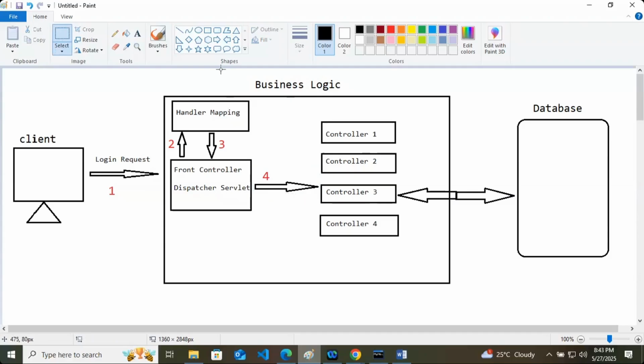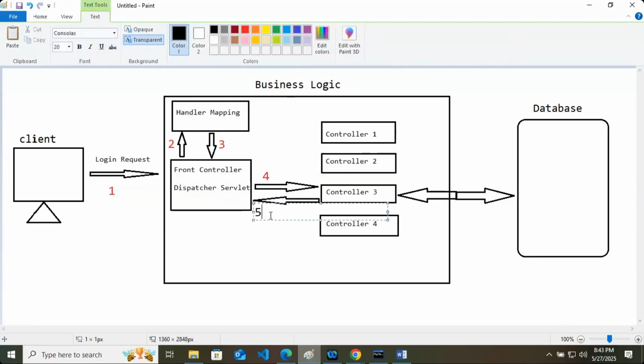And then this controller 3 will return the result to the front controller, and it will return two things. It is the fifth part.